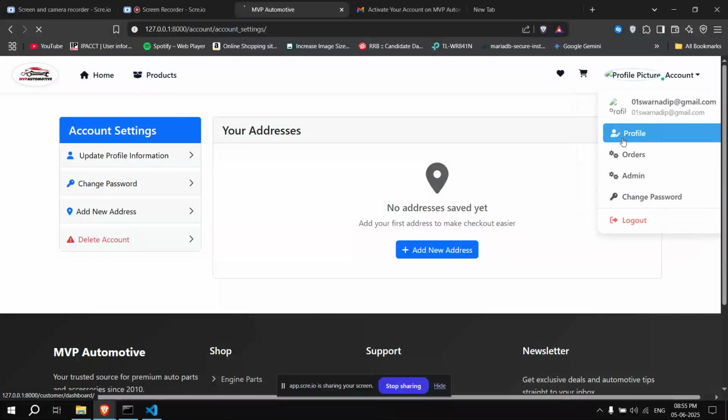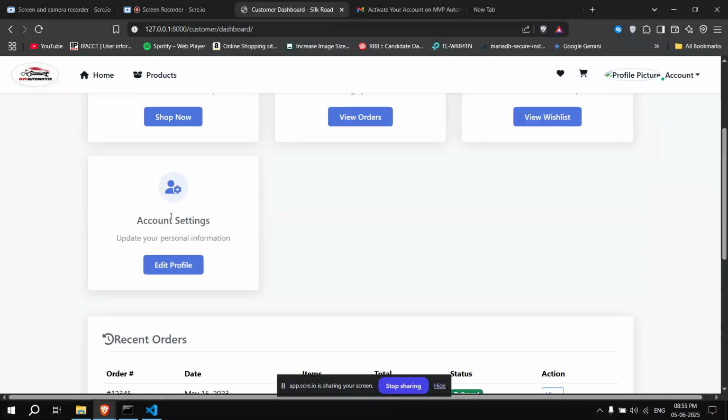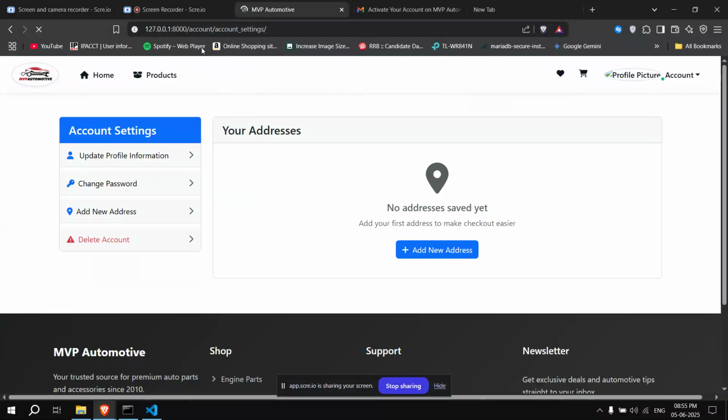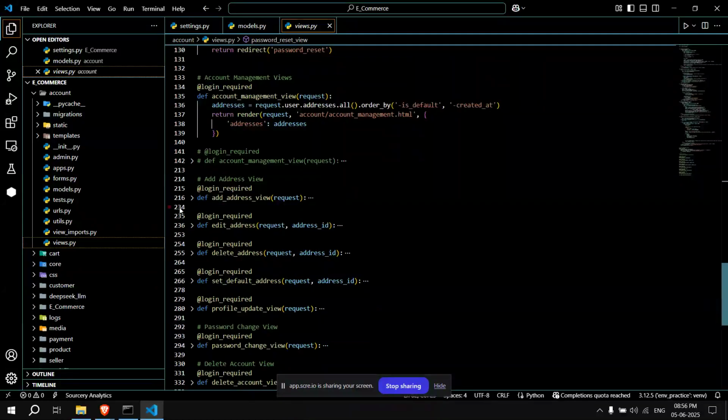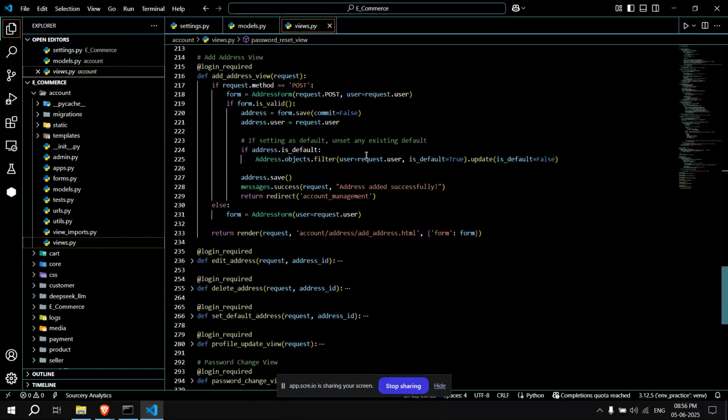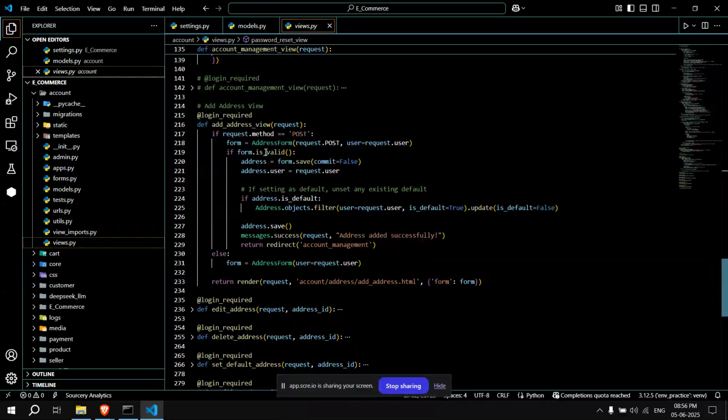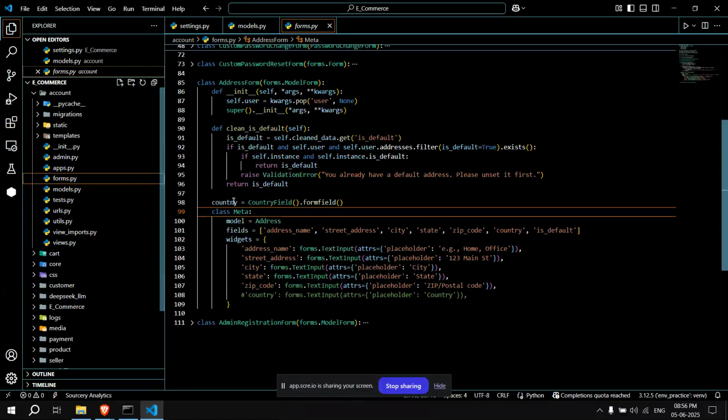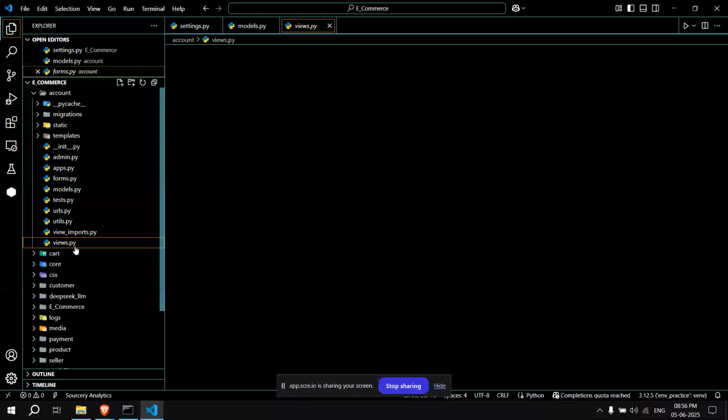Account management: this page, this edit profile, this page, account settings for account management. Okay, this is the account management address view. Here I'm inheriting the address form from forms.py, this address form, for